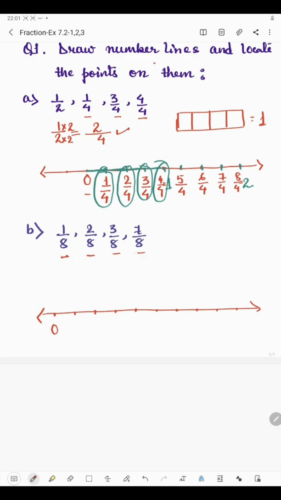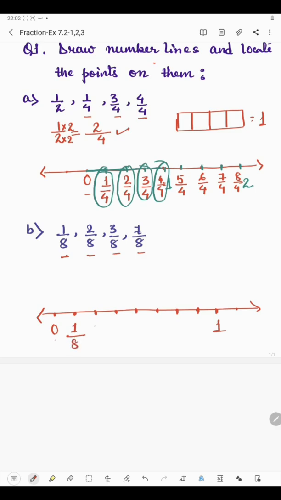If you put 8 equal parts together, you will get 1. So it's 1, 2, 3, 4, 5, 6, 7, 8. So here will be 1. Again after 8 parts will be 2. Then after 8 parts will be 3, and so on. So now we will start writing from 1. After 0 is 1, but the denominator will remain the same.